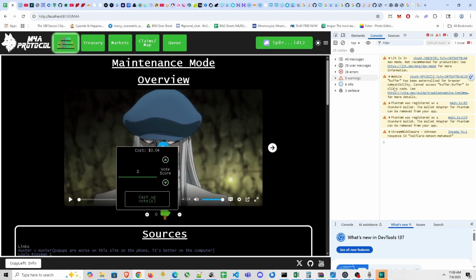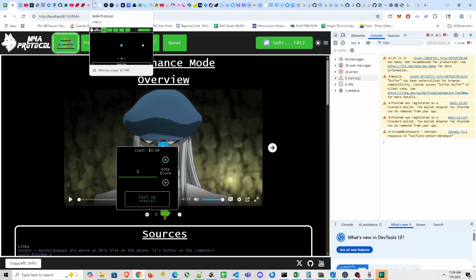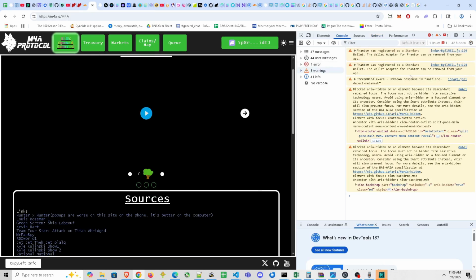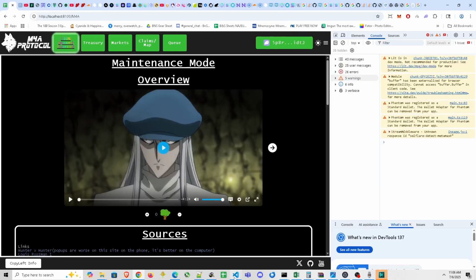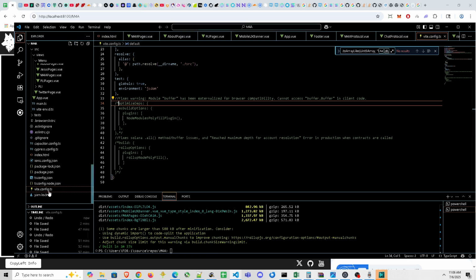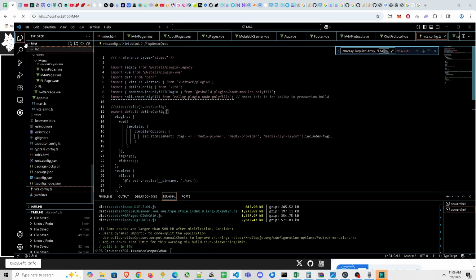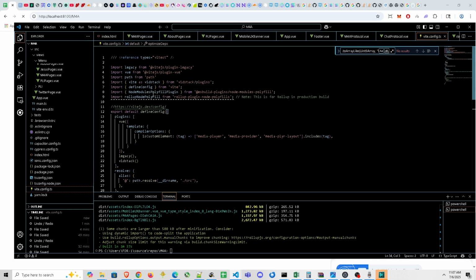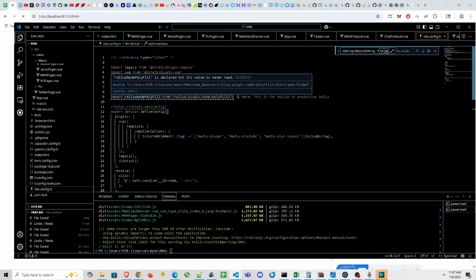First thing, we have this warning here locally that says "buffer has been externalized for browser compatibility." That warning does not come up at all in production. And the way that we get rid of that locally is inside of our vite.config.ts file. We just need this portion of code right here. Just refresh that. We also have to